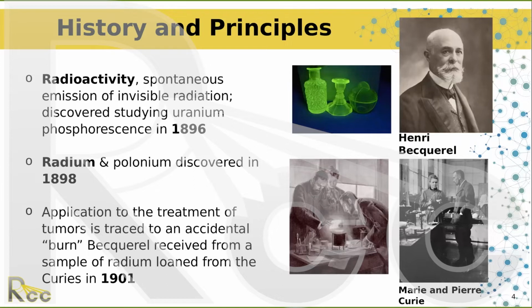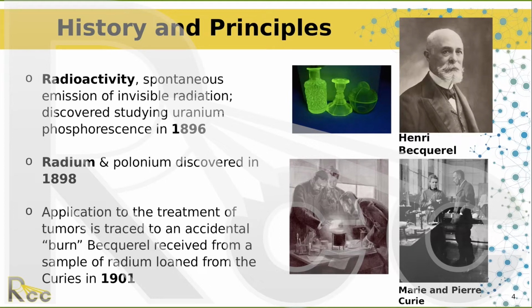Henri Becquerel discovered radioactivity, and it's funny because it was an accident. He was studying the phosphorescence of uranium glass. Uranium glass was known to glow. People would put it in their windows in the evening, and after the sun went down, it would have a nice faint green glow. And in studying the light emissions, he discovered radioactivity, which is this spontaneous emission of